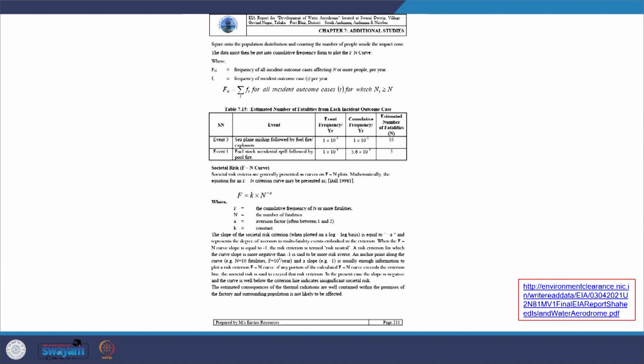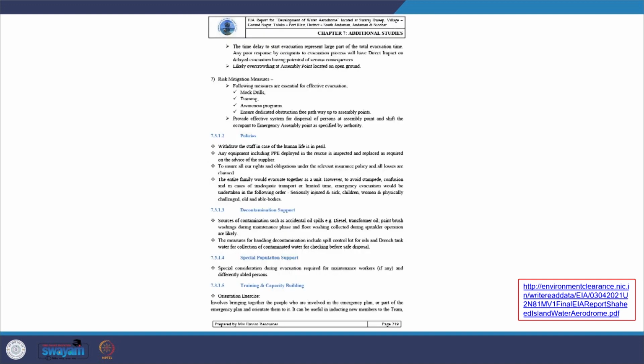So, what's the possibility of frequency? What's the cumulative frequency, and estimated number of fatalities which can happen? So, aligned with that, what are the risk mitigation measures which they are taking? For that they have mock drills, training, awareness program, and ensure dedicated obstruction-free pathway at the assembly point. So, all that is taken as a mitigation measure, and then they are also looking at the policies here,